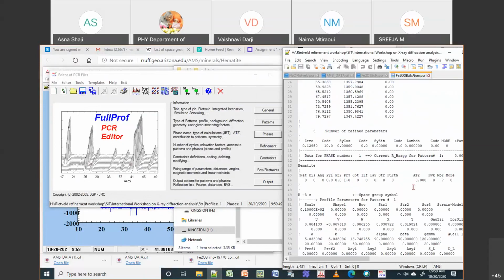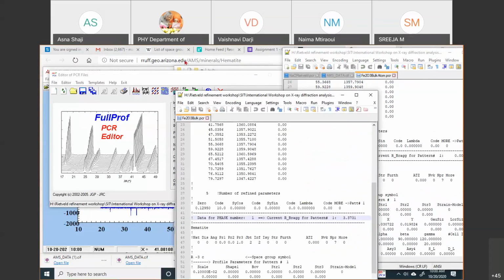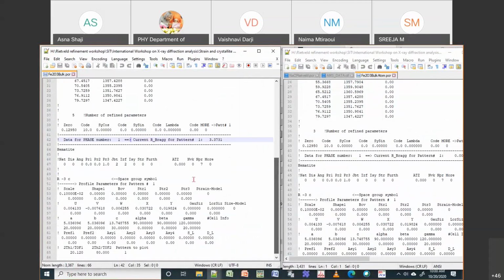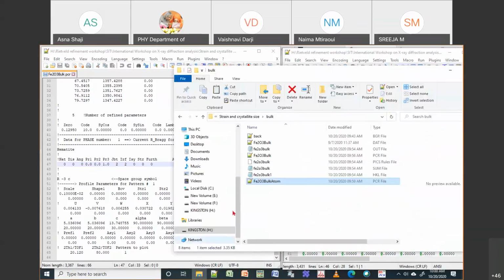Okay, once I save it and I come back here, you can see here in the previous one, I will drag this in. Okay, so this is your profile fitting. In case of profile fitting, you can see JBT was 2. Okay, in case of your Rietveld refinement fitting, which is a structural model, JBT will be 0. And IRF equal to 0 means you are generating the HKL parameters automatically. If it is 2, it will look for the file. So if you go back to this folder, you can see there is a file here, HKL file.